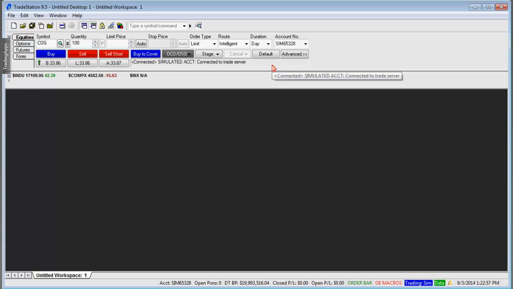Below the toolbar, we have what's called the order bar. We call the order bar the manual order entry facility because that's the place where you place orders manually. And it's sometimes a labor-intensive process because you do have to go box by box, insert your order specifications, and then once you're finished setting up your order, then you can click on buy, sell short, or buy to cover. And that's why I mean labor-intensive, because you have to go through so many clicks before you're able to place